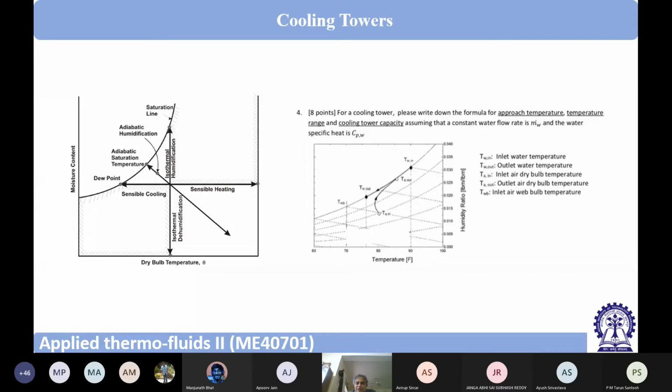Is this point clear? Psychrometrically, is it clear how air and water transfer heat mutually when they come in contact? Is it all right, or do you have some question to ask? So basically, it is a very special kind of heat exchanger, a direct contact type heat exchanger, and direct contact heat exchangers are few in number. And here the advantage is that we can go below the dry bulb temperature.